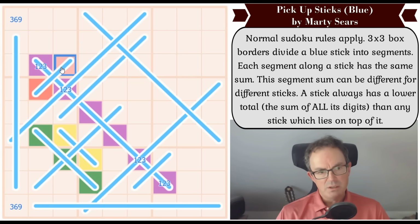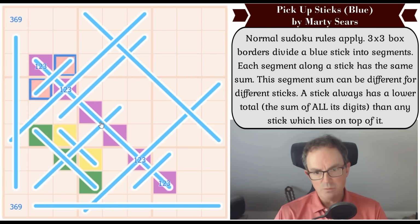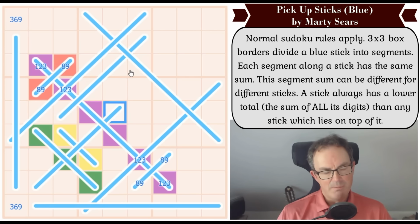So, right, the red pickup stick here is 8 or 9, I'm going to claim, and that's going to be the same as this one. This is also 8 or 9, but it might be the same, it might be different then. Oh, no, okay, no, it's very straightforward. That's lovely, actually. This is 3. And the reason we can see it's 3 is...